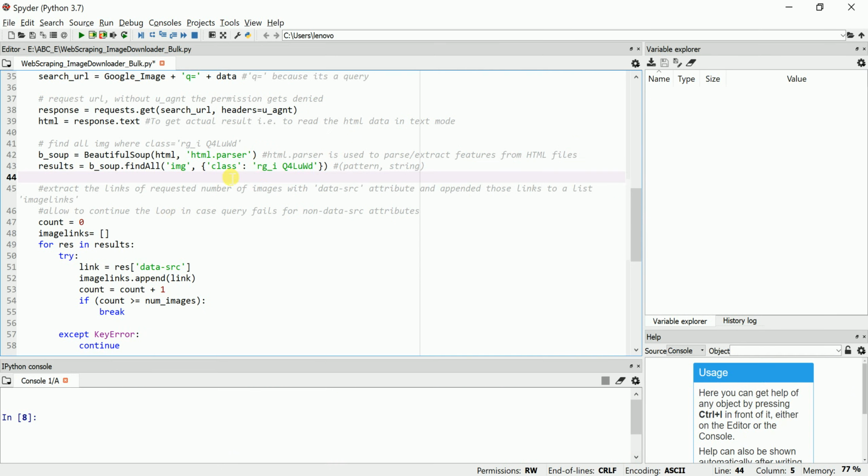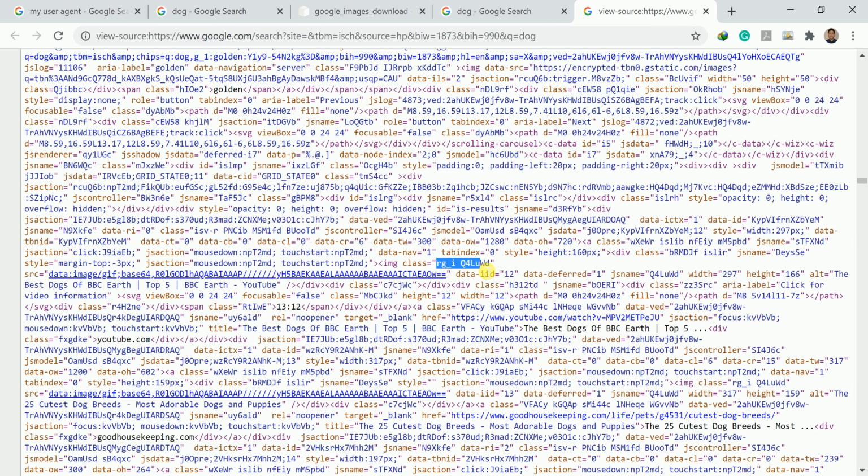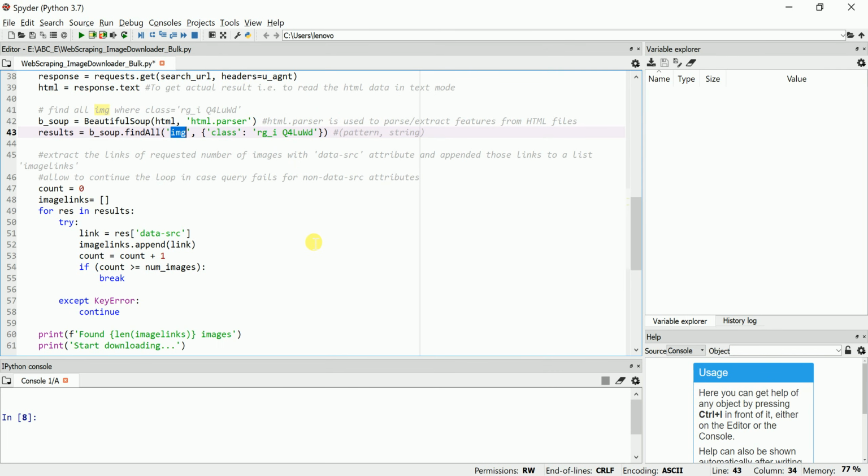This is the value, nothing but the class keyword and value. You can see here it is the same value. This is the pattern img. Here I am putting the pattern, img. I hope till here it is fine.